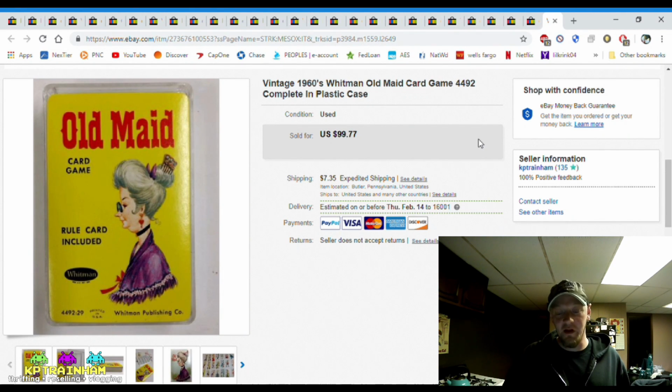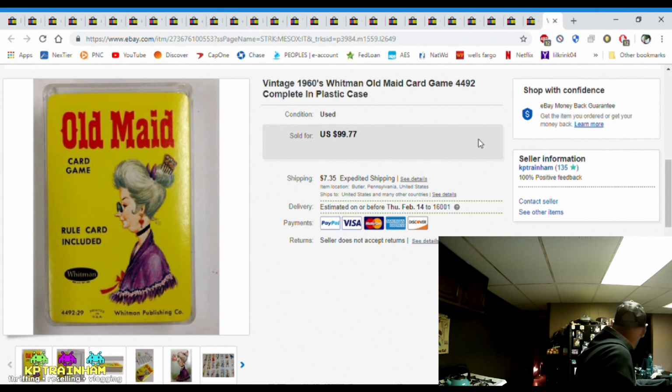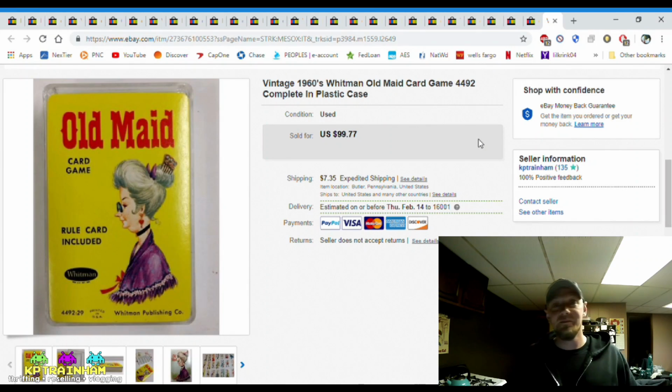Either way though, 49 cents and then $99.77. That's amazing. Like, who ever would have known? But yeah, that's it. Those are the items that I sold between whenever and whenever. I don't recall the dates. January, we'll say, whatever. Last 2 weeks. How about that? So, until next time,